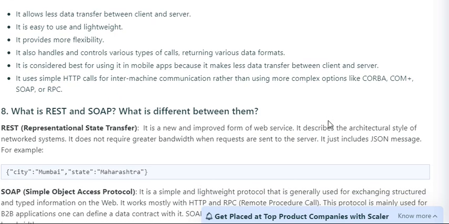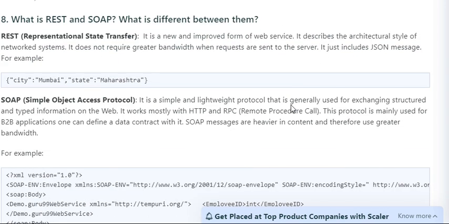RPC. What is REST and SOAP? What are the differences between them? REST, representational state transfer, is a new and improved form of web service. It describes the architecture style of network systems. It does not require greater bandwidth when requests are sent to the server. Just include a JSON message, for example. SOAP, simple object access protocol, is a simple and